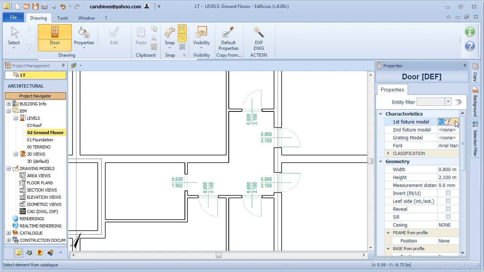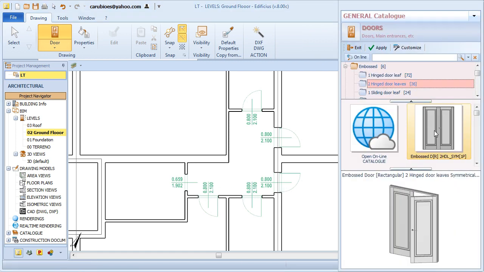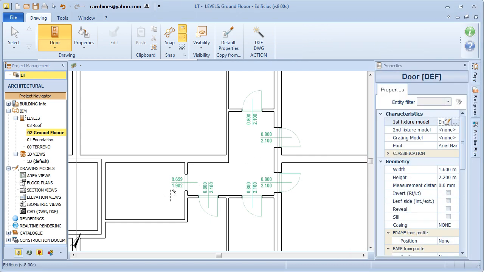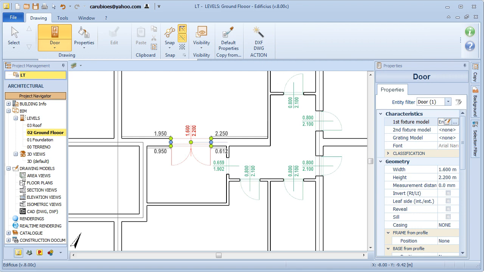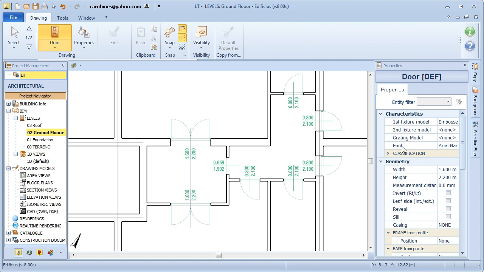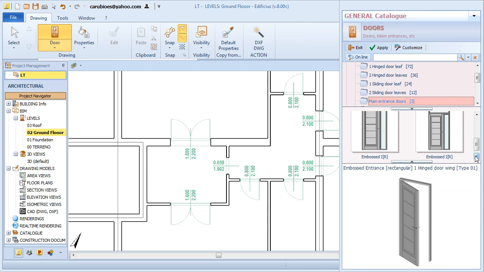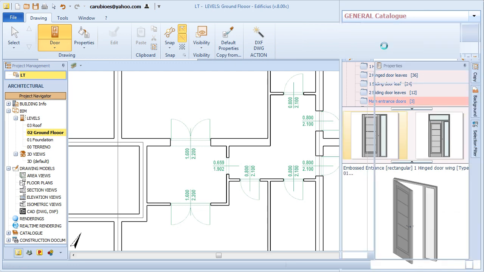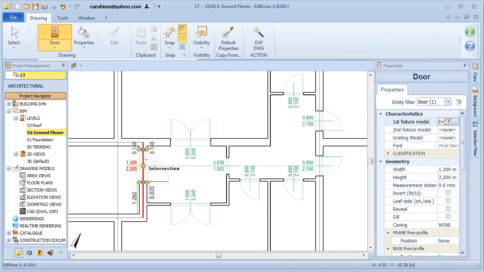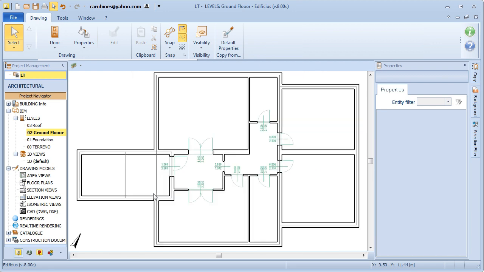And to conclude this phase, we'll insert these other door types. For example, this model here with the 2 door leaves and this front entrance door here. Here we go. And to conclude,